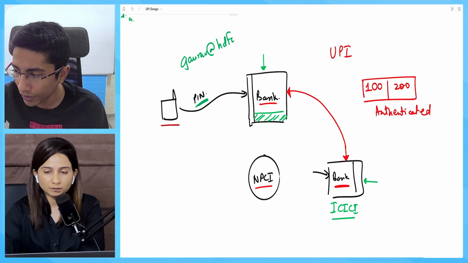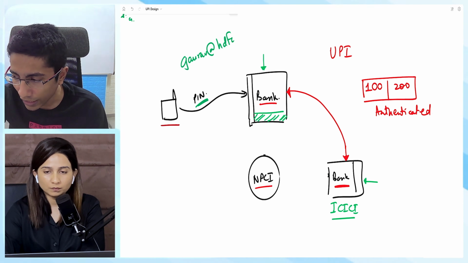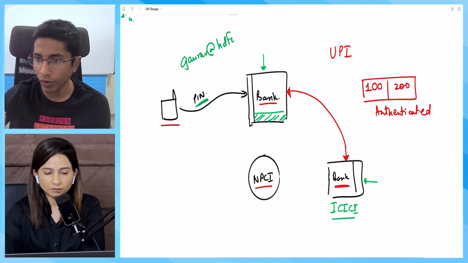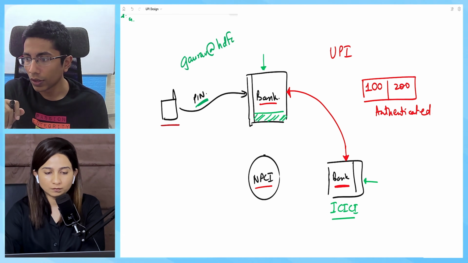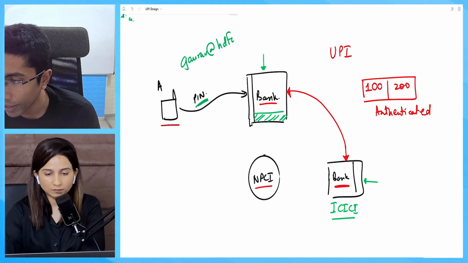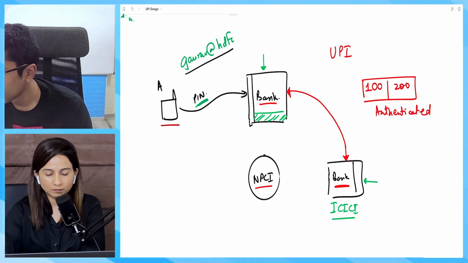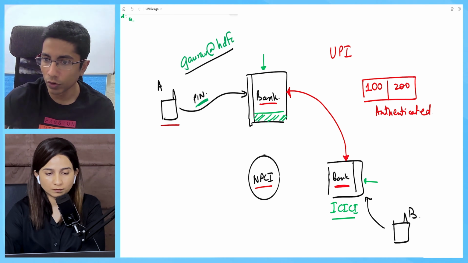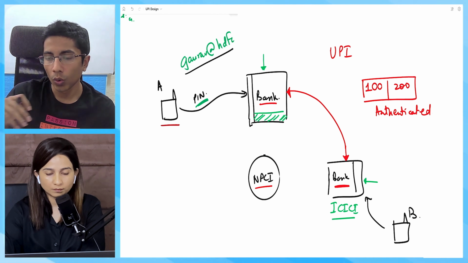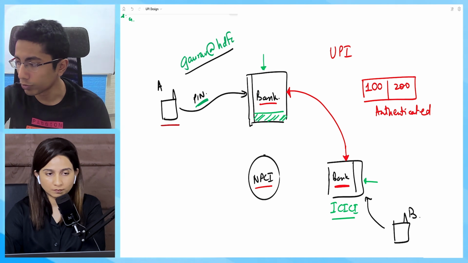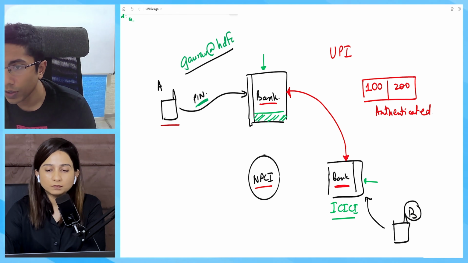Let's keep it separate. Authentication is kind of done. However, there is one place where I think NPCI does come in, and that is when user A with a particular address wants to transfer to user B who's connected to this bank. Now, just like a domain name server does not know what facebook.com is, if I tell you user B, transfer here,